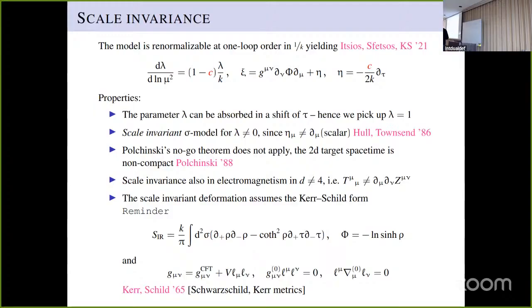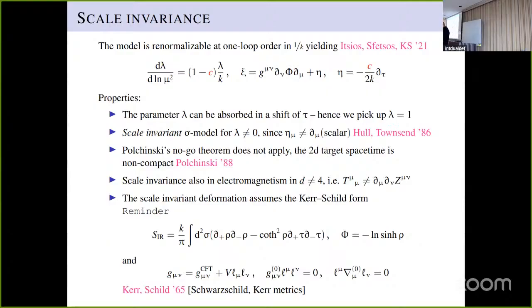It is given in terms of a scalar plus an additional vector. And the C here, the red C, this is just partial T. So the parameter lambda, as we said previously, can be absorbed in a shift of tau. So I can freely pick, for lambda different than 0, the value lambda equals 1. So this model,